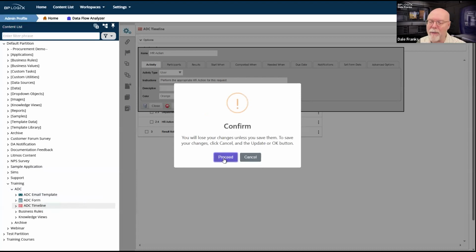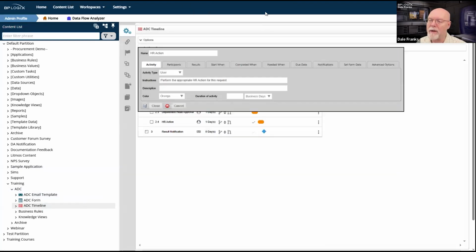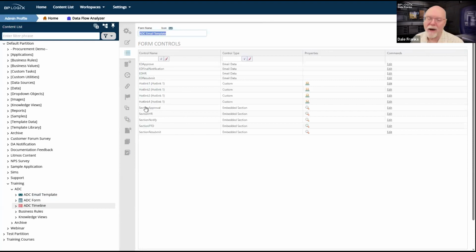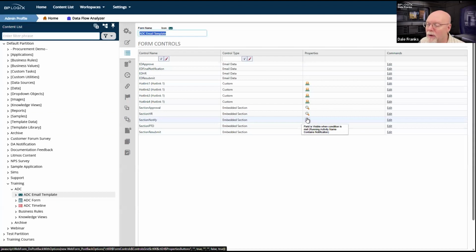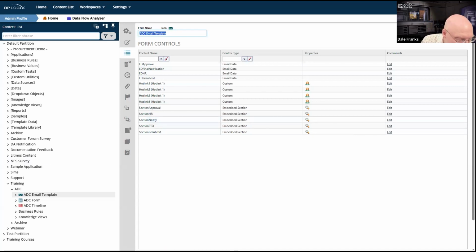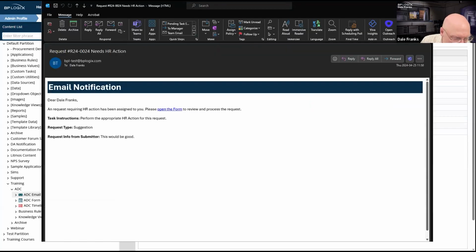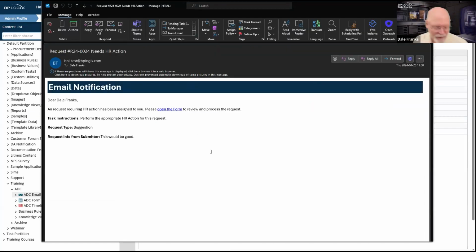or rather our email template, because it looks like we have the appropriate stuff set there. And let's look at our conditions. Running activity, we know that works. Field is visible when running activity name contains notification. Oh, wait a second. Here we go. Never mind. Apparently, mail is just slow. So here is my HR notification. They just popped into my email inbox. So apparently, I have got everything configured correctly.